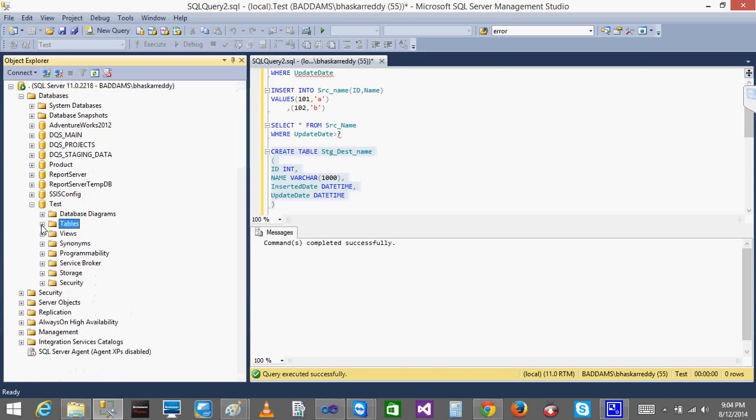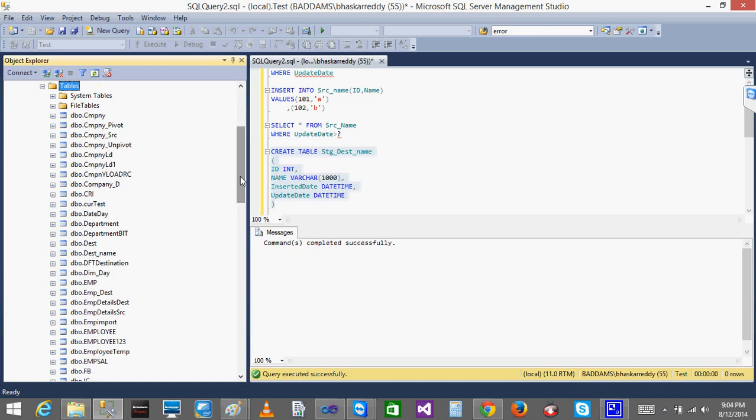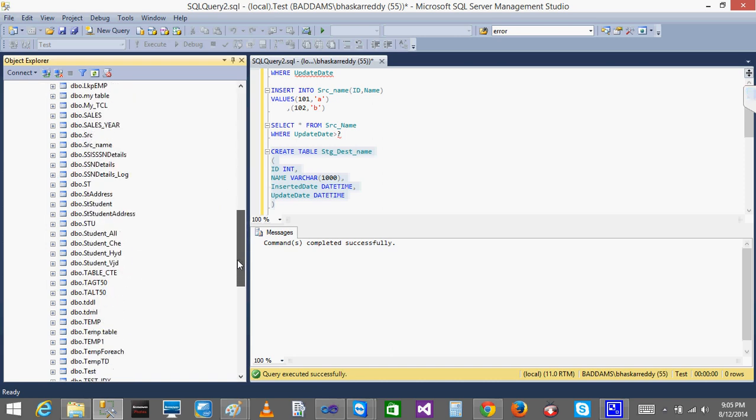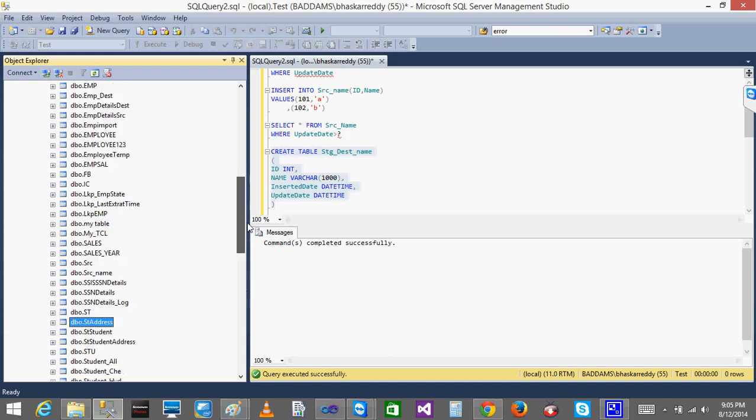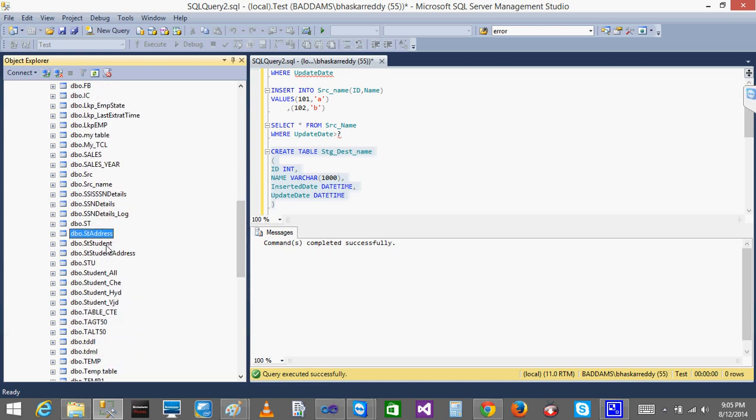So what I need to do now is write a merge command. Previously we discussed in SQL Server, right? We use the merge command. So now I'll write a merge command. I'll use a stored procedure and write a merge command. How will the merge command look? It is a source staging stg. Where is stg one?